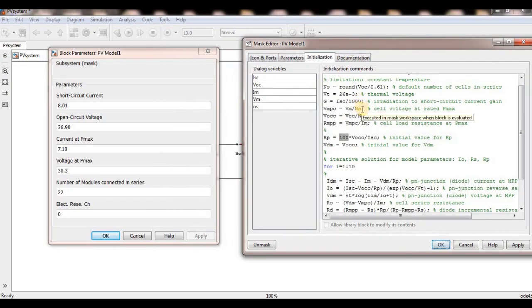It can register the RPV, IPV, RSS, RNS or whatever. So it can work for all parameters you can enter from manufacturing details, because the manufacturer will only provide short circuit current, open circuit voltage, current at Pmax, and voltage at Pmax.